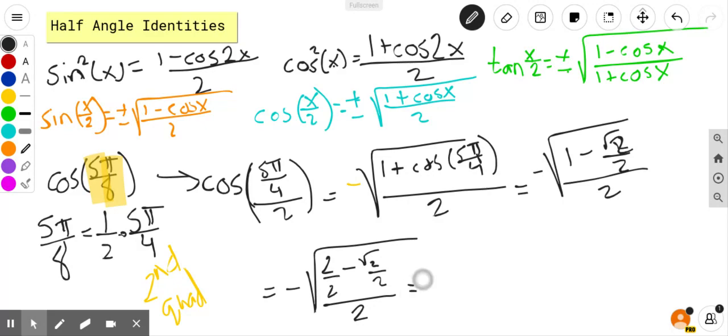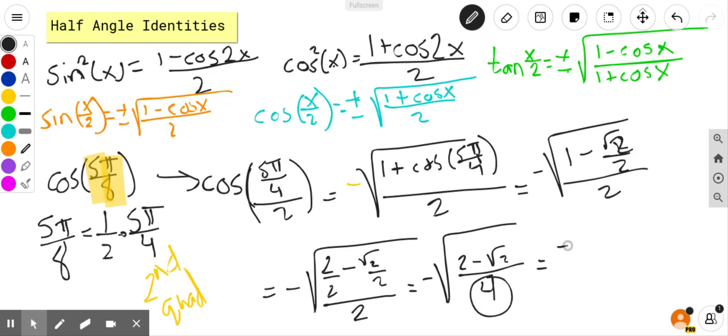So then that should be equivalent to a negative radical 2 minus radical 2 over 4. Okay. Is this an acceptable answer? See, because my concern is I have a radical inside of a radical, but I don't think I can work around it. The one thing I can do is take the square root of that 4 down here. So I should be able to get negative radical 2 minus radical 2 divided by